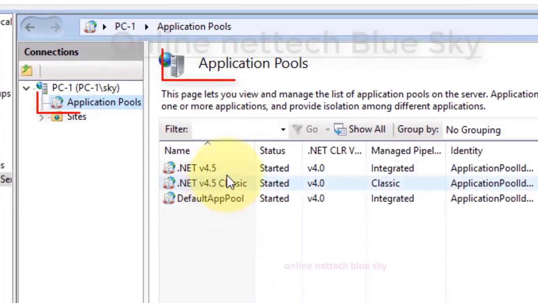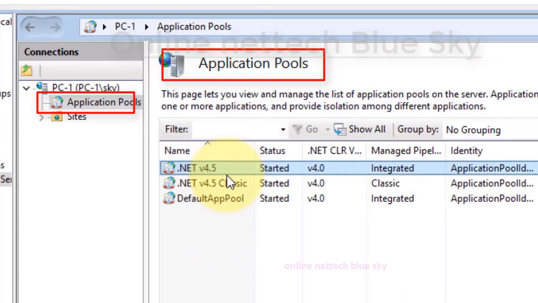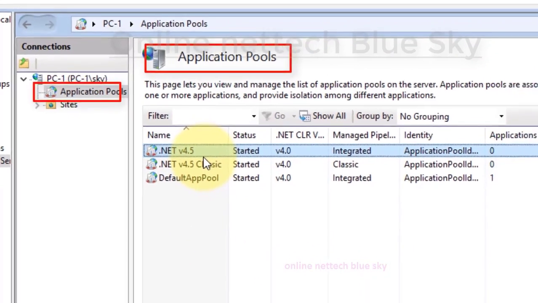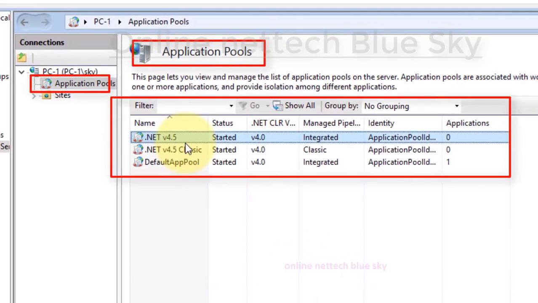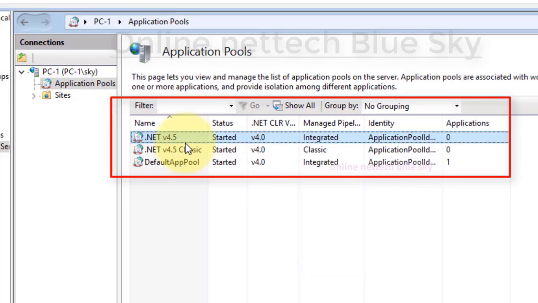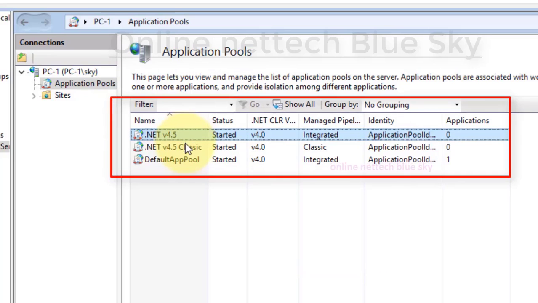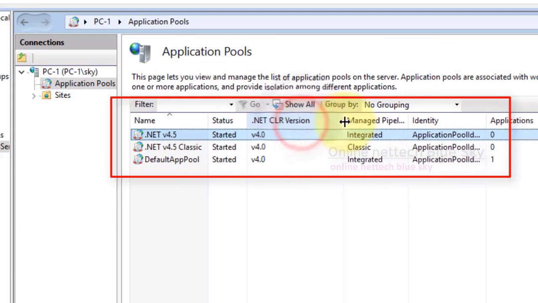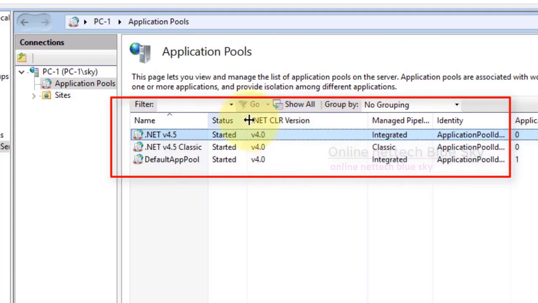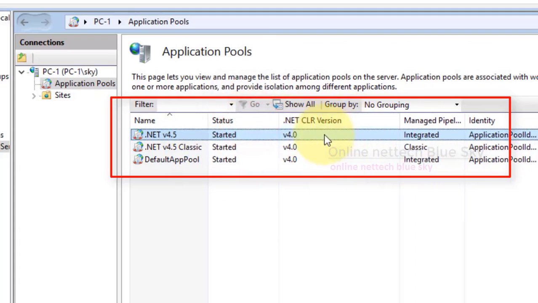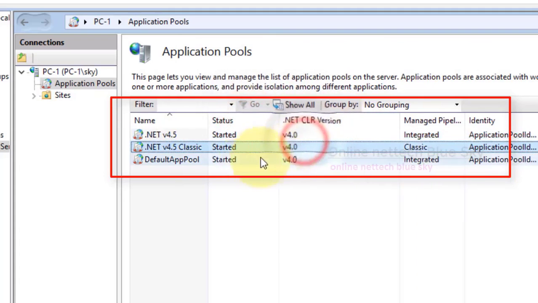You can see here the application pools. What are application pools? This is the page that lets you view and manage the list of application pools on this server. An application pool is associated with one or more applications and provides isolation among different applications.